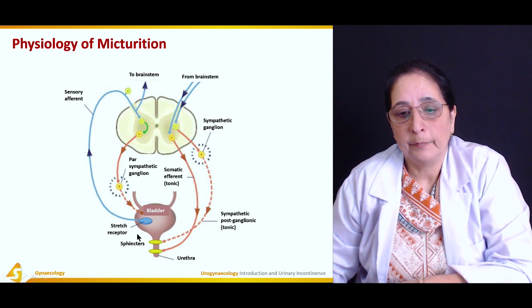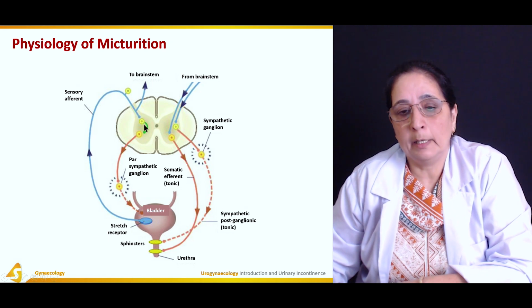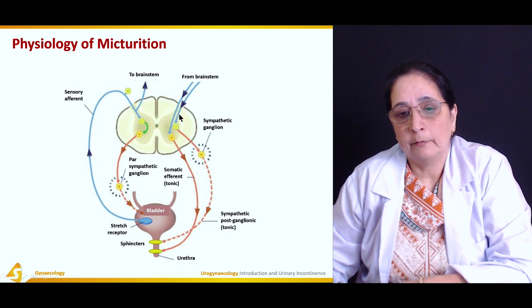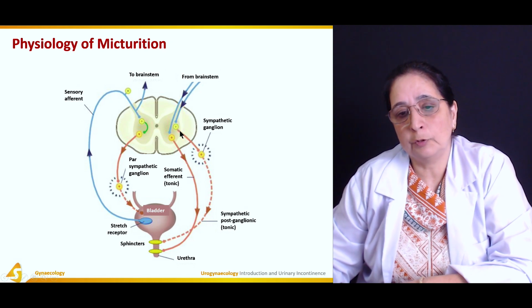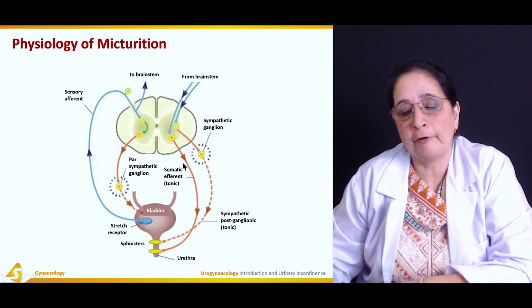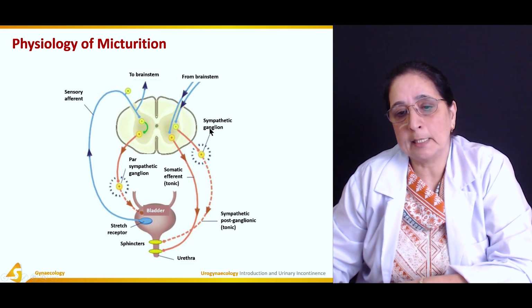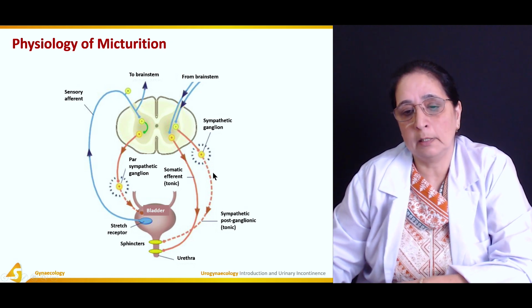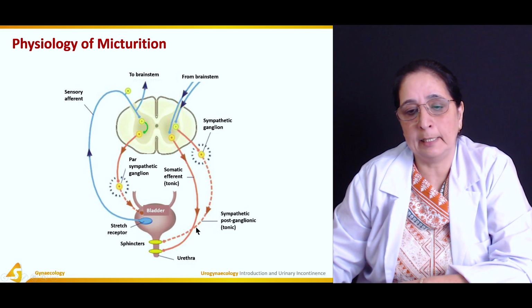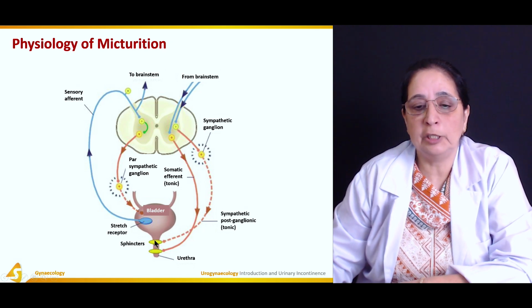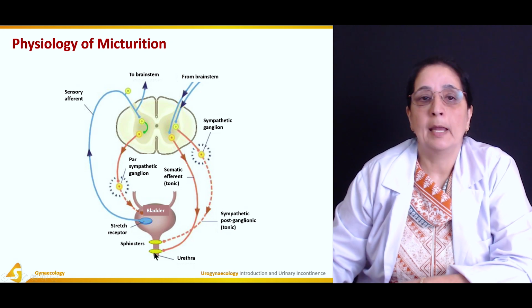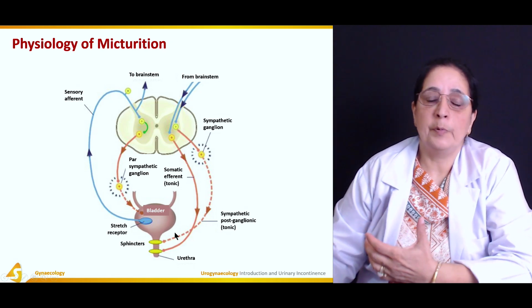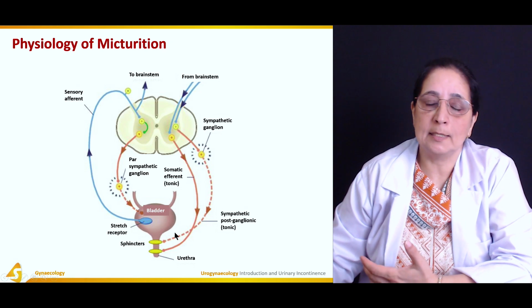And then from the brain stem, there is another piece of information that comes through the somatic efferent, through the sympathetic ganglion, then the post-sympathetic ganglion, to the urethra, where there are sphincters, and it causes opening of the urethral sphincter